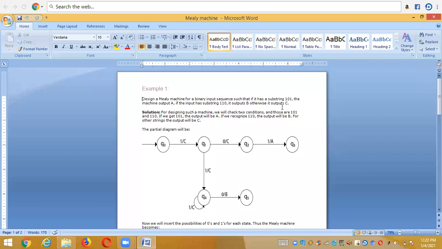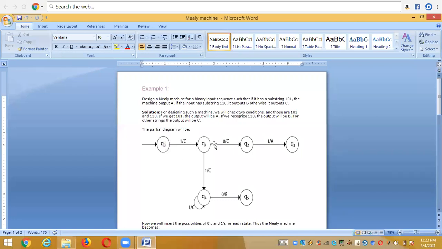Before designing the Mealy machine, first you need to understand where to put the output alphabet and what the difference is in representing the machines. In a Moore machine we put the output alphabet at the place of the state, just by putting a slash, for each and every state.